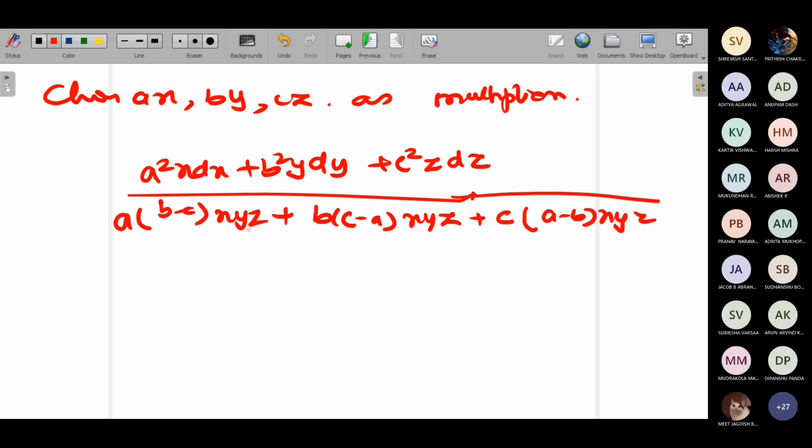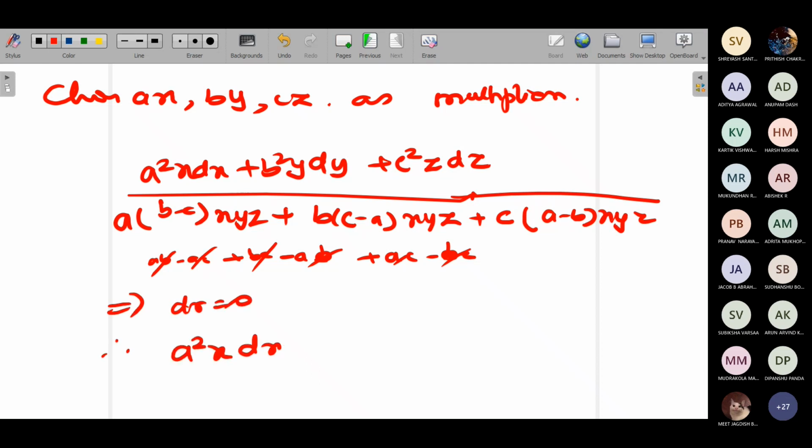Is the denominator becoming 0? If you take xyz commonly outside, you'll get ab minus ac plus bc minus ab plus ac minus bc. Yes. So this implies the denominator is equal to 0. Therefore, your numerator a square x dx plus b square y dy plus c square z dz is equal to 0. On integration,